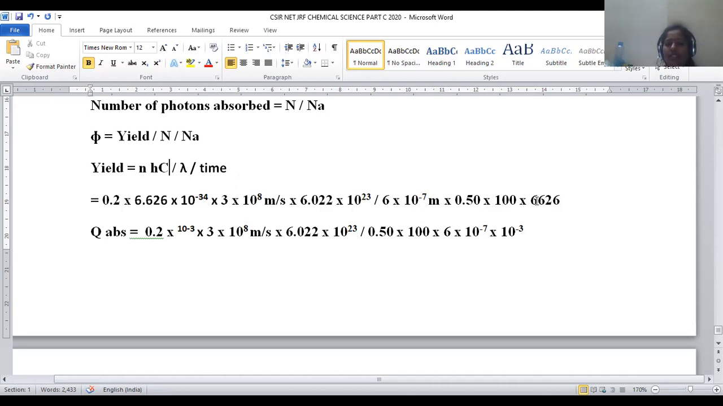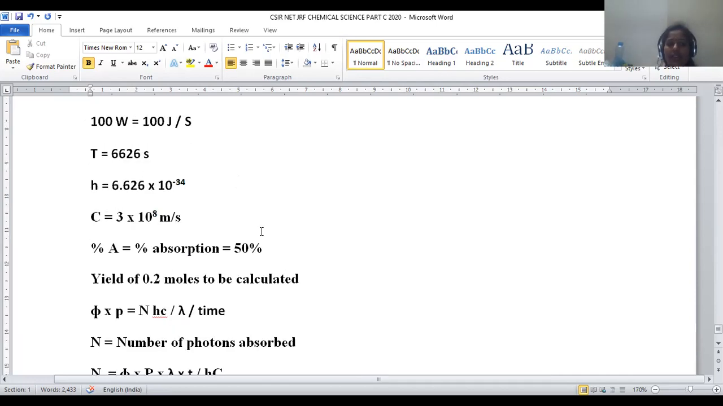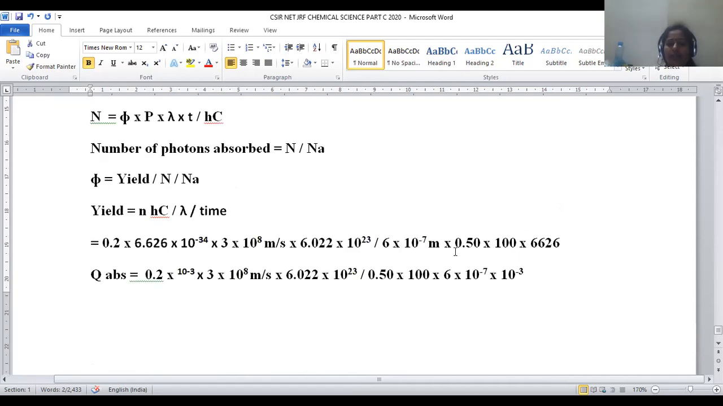h is provided as 6.626. 0.50 into 100 will be taken because the percentage of light absorbed will be 50%. That's why it is converted into 0.50 into 100. Okay, so these are the parameters required to be calculated. After calculating,